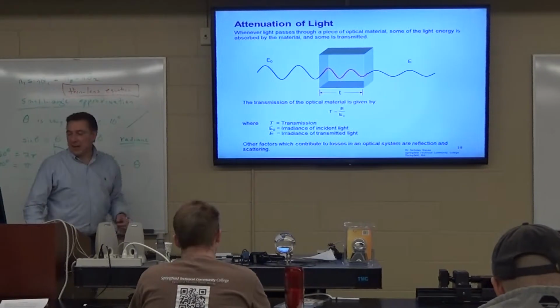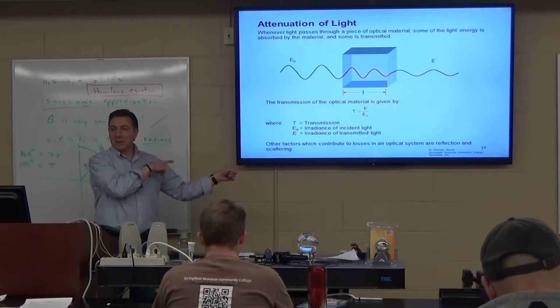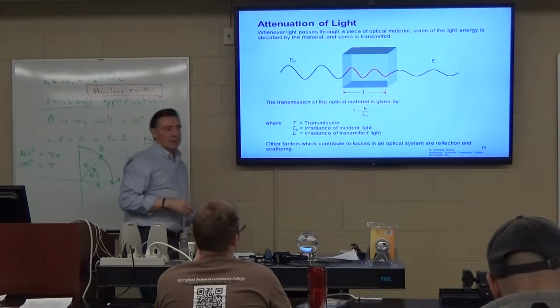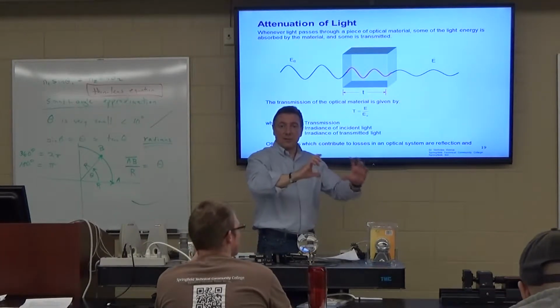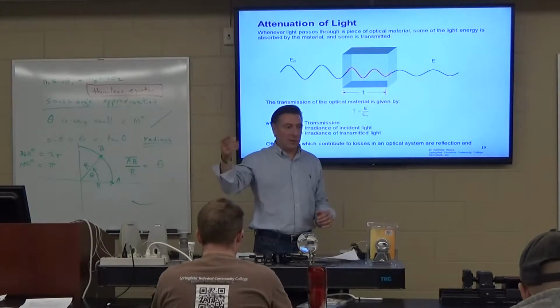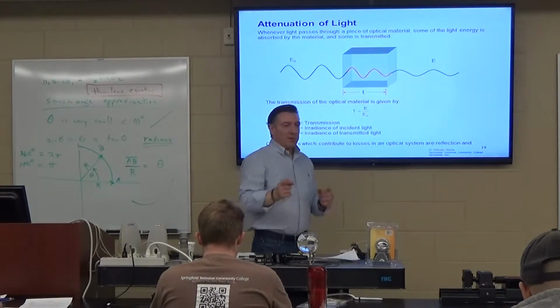All good? Okay. So now we can calculate this, right? We're good? Nominal hazard zone, as long as you understand the concept that you want to spread the beam out enough to reduce the irradiance to something that's less than the maximum permissible exposure. All right. Now, before I actually move on,